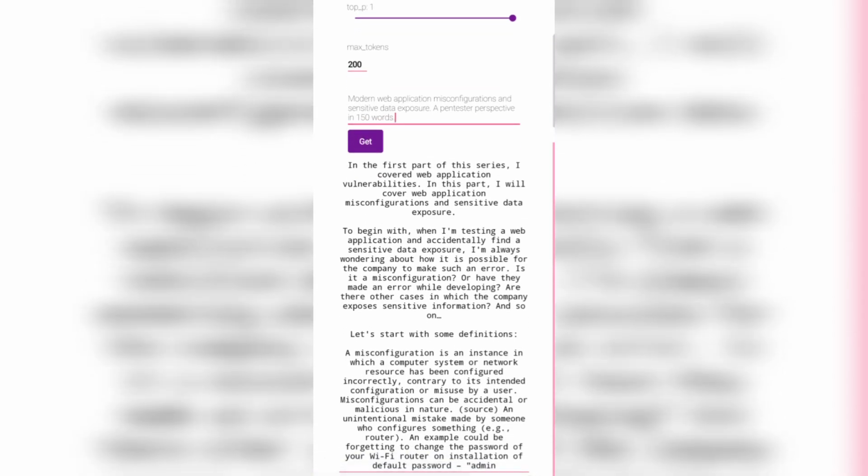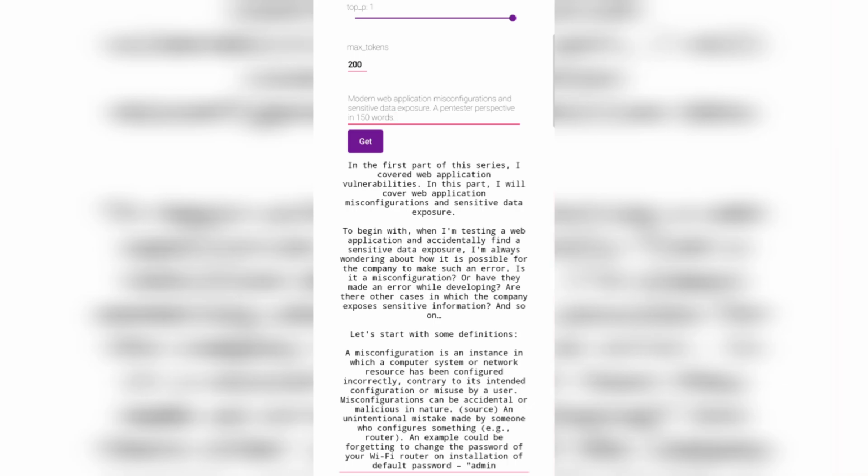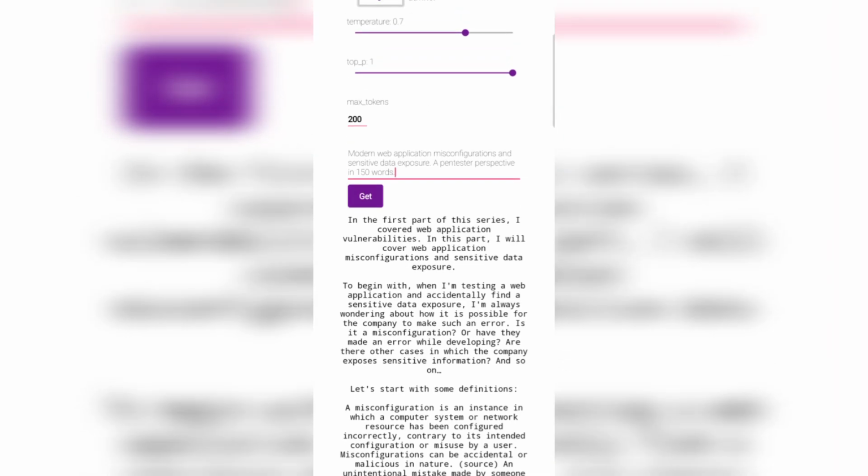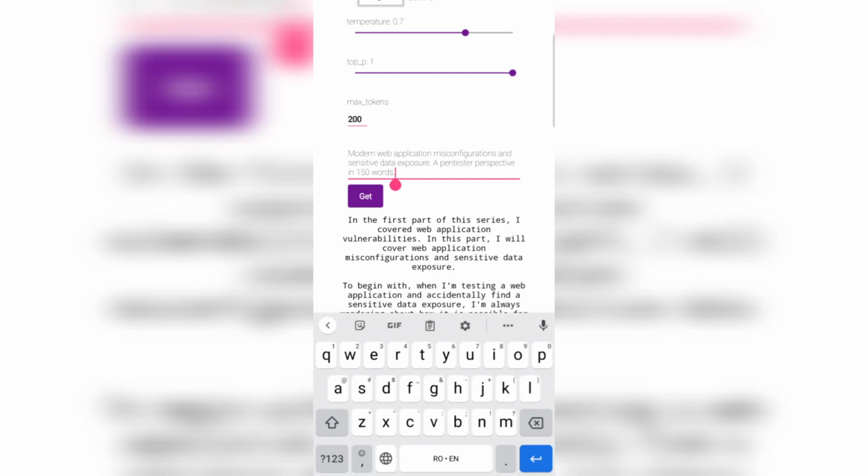I'm just showing a few ways in which you can leverage recent developments in machine learning and artificial intelligence, which is a word that I hate, in cybersecurity. And in this case, you could say: modern web application misconfigurations and sensitive data exposure, a pen tester's perspective in 100 words